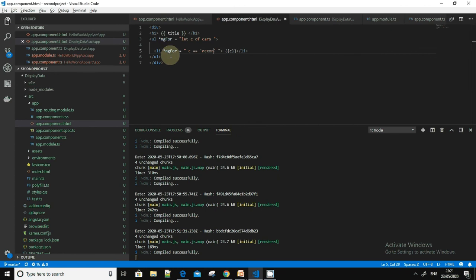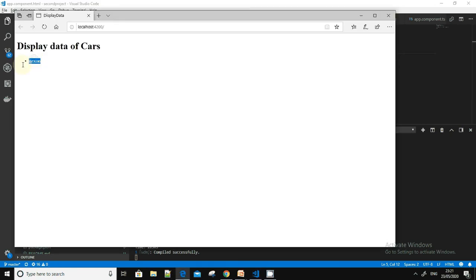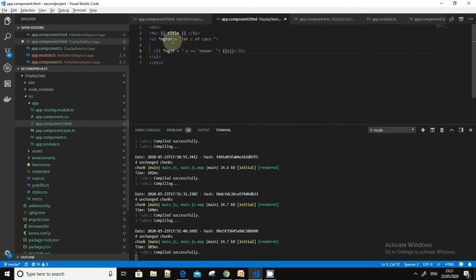I have used ngFor, instead I had to use ngIf. So I have saved it and I am going to the page. If you see, only Nexon got displayed. So this is how you can iterate through the array, and you can also add a condition on your array as well. This is how you can use variables with conditions in AngularJS.